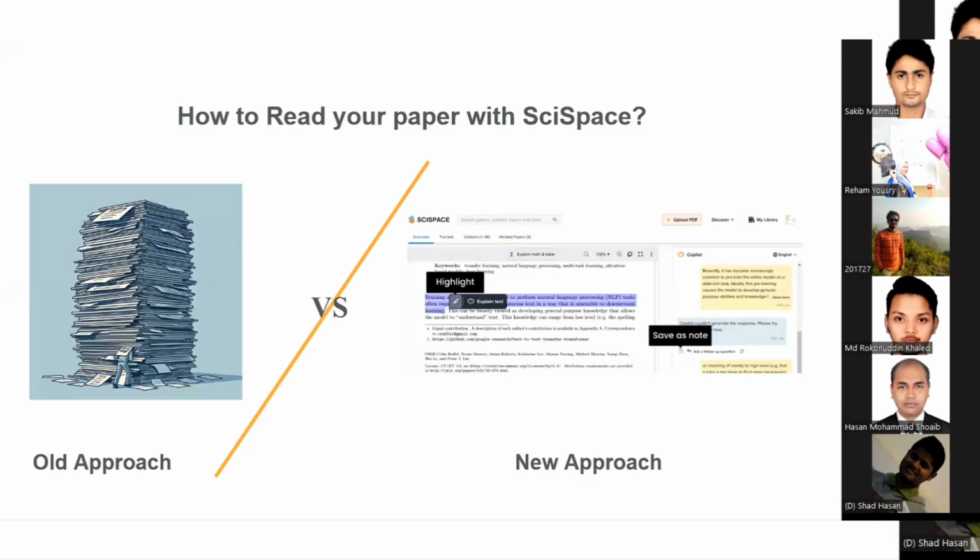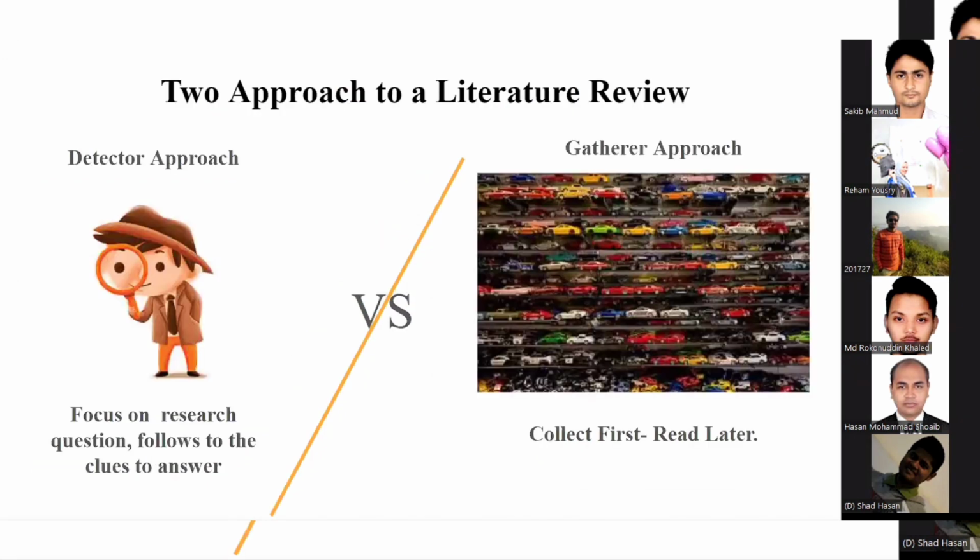The older approach and the new approach. In the older approach, we collect the data and then start step-by-step reading. But in the new approach, the tradition is very different. So what is a detector approach and a gather approach? In the gather approach, you will collect all the relevant information, for example, relevant articles,